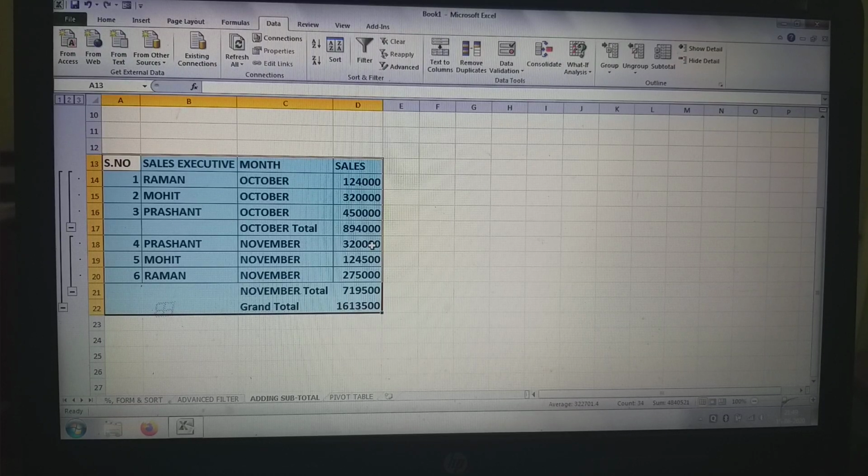The subtotal will be displayed. See here, October subtotal, month wise it is showing. November subtotal, see it has come. And then grand total is showing together. So in this way you can do the subtotal calculation with the help of Excel.